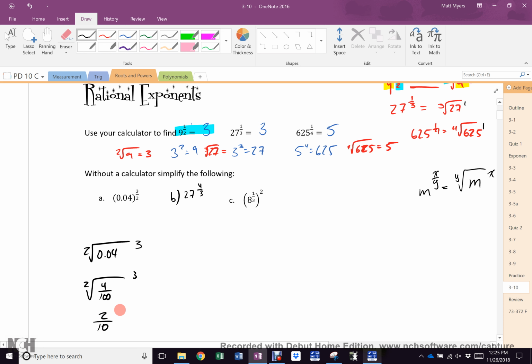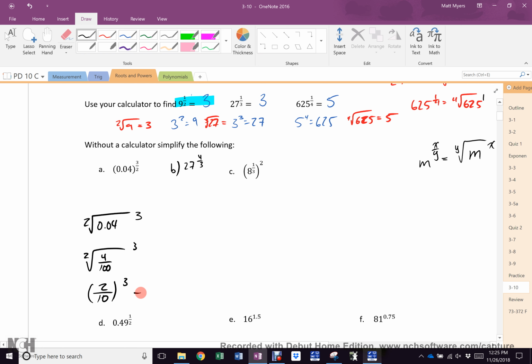Is the cube at the very end? I'm getting to that in a sec. Don't give me away. 2/10 cubed is what? I didn't forget anything. Shouldn't it have that sign? No, it shouldn't. 8 over 1,000, which is also 0.008. Now,